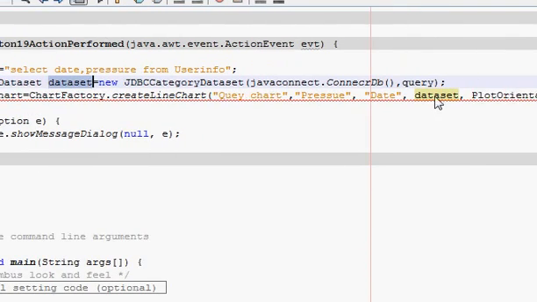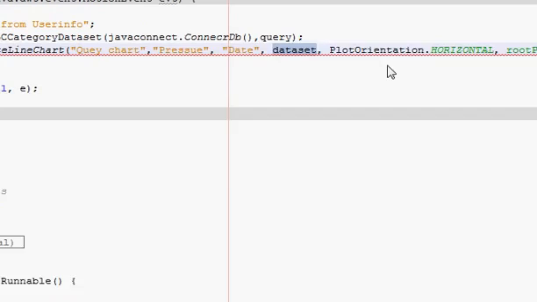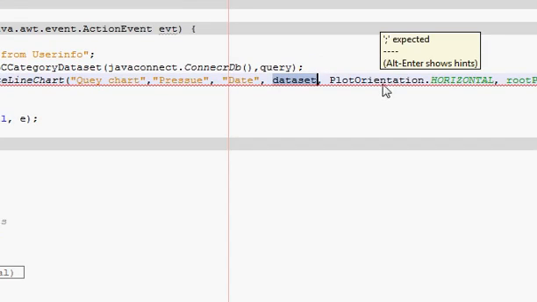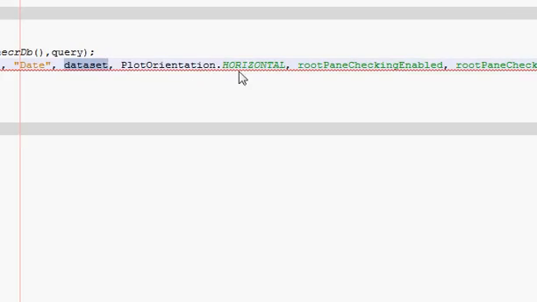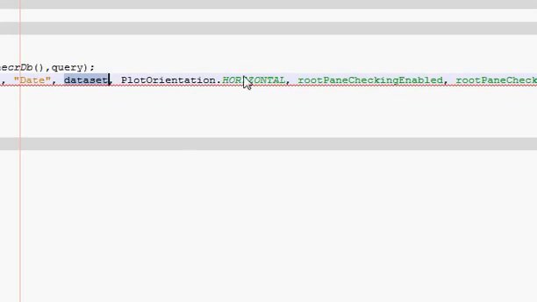This you can copy and paste it here. After this you have to give the plot orientation. So I will set my plot orientation as PlotOrientation.VERTICAL, and after that